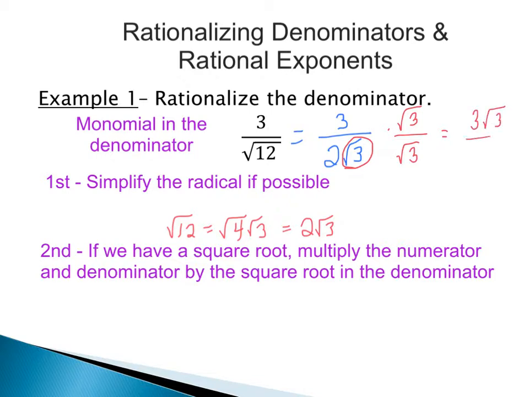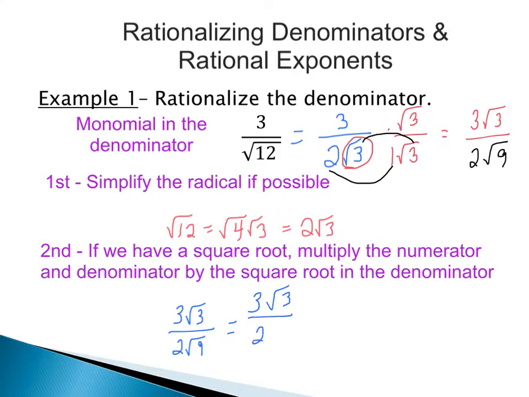And then in the denominator, working this out, there's really a 1 in front here if you want to think of it that way, because you're multiplying your numbers in front, so 2 times 1 is 2. If we multiply the numbers underneath, square root of 3 times square root of 3, 3 times 3 would be 9. So we would have the square root of 9. Well, remember that the square root of 9 is just 3. So we actually have that this is equal to 3 square root of 3 over 2 times 3.